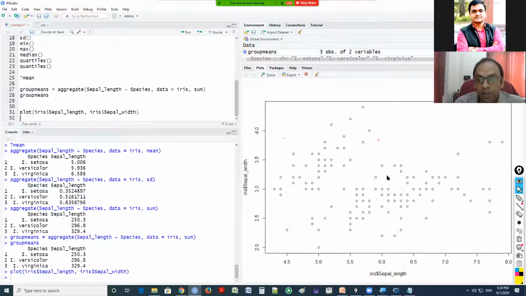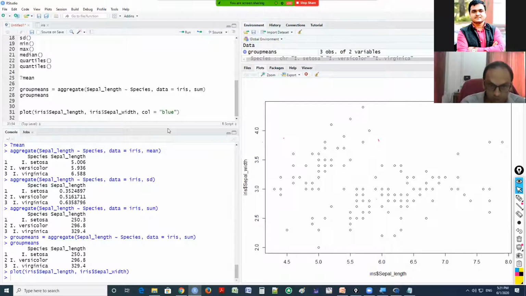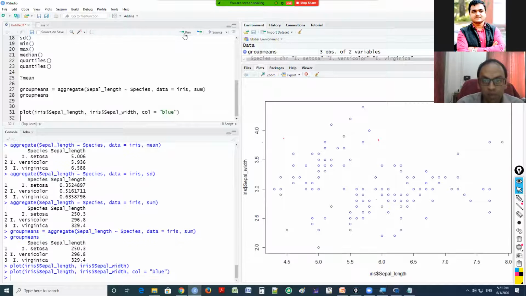You can see the points. You can make them colorful if you want. So you can put a color. Suppose color is equal to, say, blue. It will appear in blue color. So the points have become blue. If you want, instead of circles, some other characters like